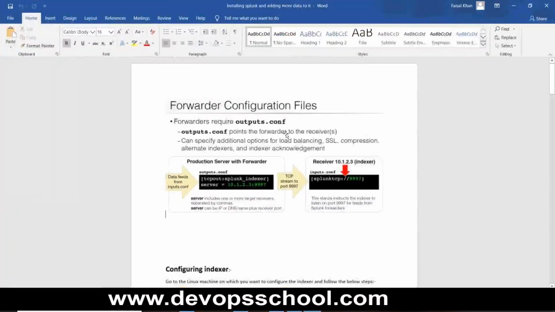See, it's explained here. Forwarder configuration: the forwarder requires output.conf. Output.conf points the forwarder to the receiver. You can specify additional options for load balancing, so there are a number of options here. What we are doing at the forwarder end, on the production server with the forwarder, in output.conf, I need to put the IP address of the indexer here, and at the receiver, at the indexer, I will explain